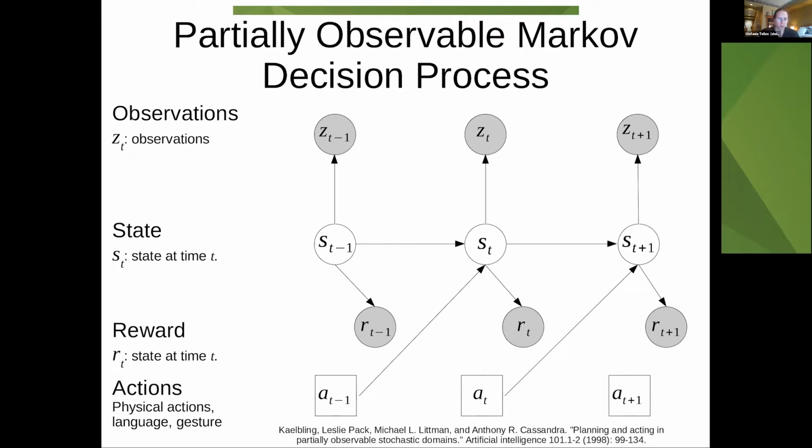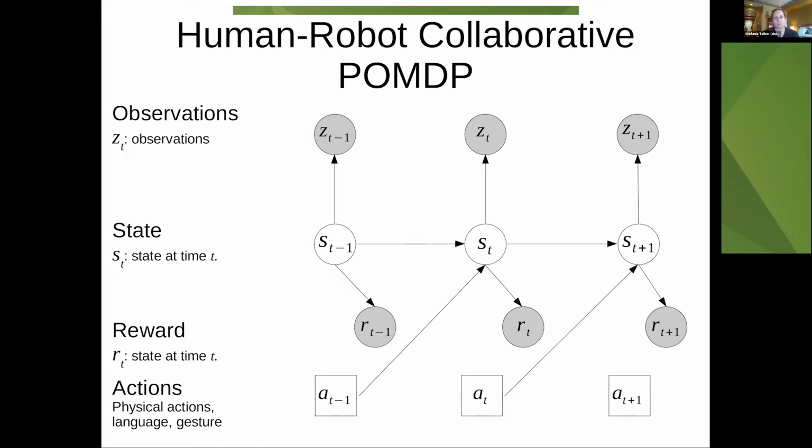So what the name of the game is, is to take this general framework and find representations, independence assumptions, and tricks that enable efficient learning and inference in this framework. What we're working towards is something I call the human-robot collaborative POMDP, where we make assumptions about how the world works and how people work in the world with the robot in order to enable the robot to collaborate